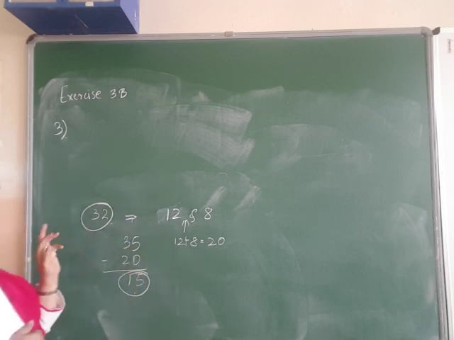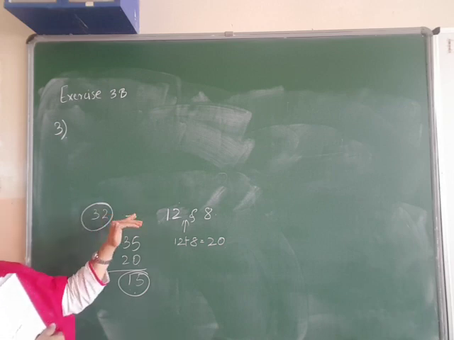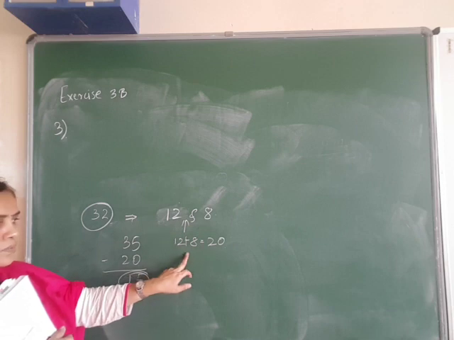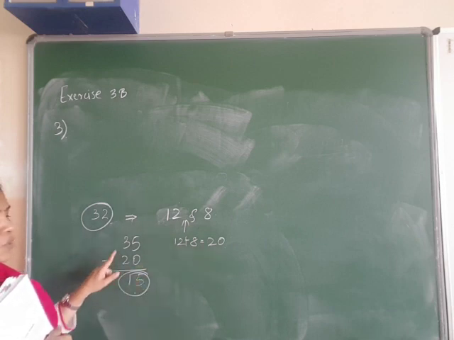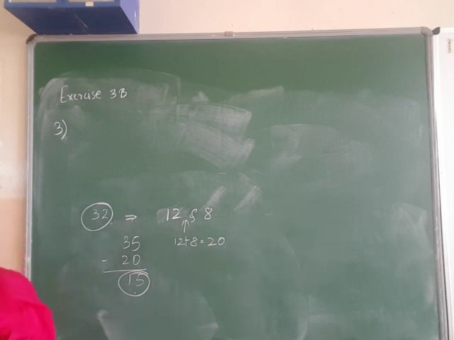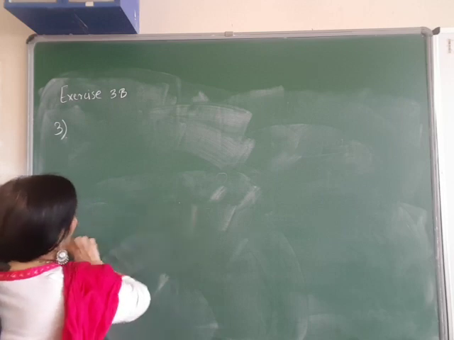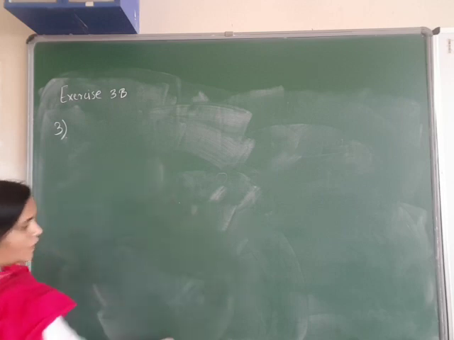So what should be added to make 32, to the sum of these two numbers? These two sum is 20. So what should be added means you have to subtract. So 15 should be added. So this is in big numbers. Large numbers are given, so I have taken the example of a small number. So now here